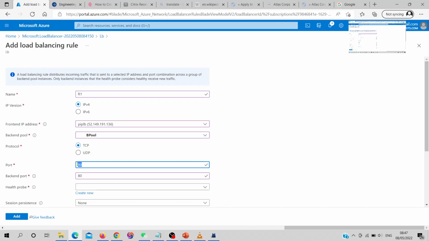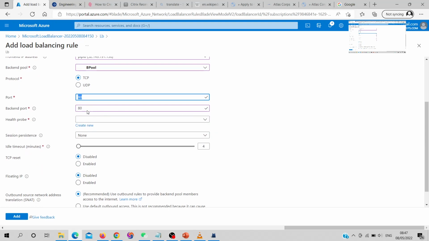The front end is the load balancer front, and the backend is the backend of the virtual machine. But if you want to change to NAT rules, then we have to create the NAT rules. But for load balancing, we have to use the same rules, and these are, you can say, to whitelist our traffic to backend VMs. And here we can choose the health probe, and this is a very important one, session